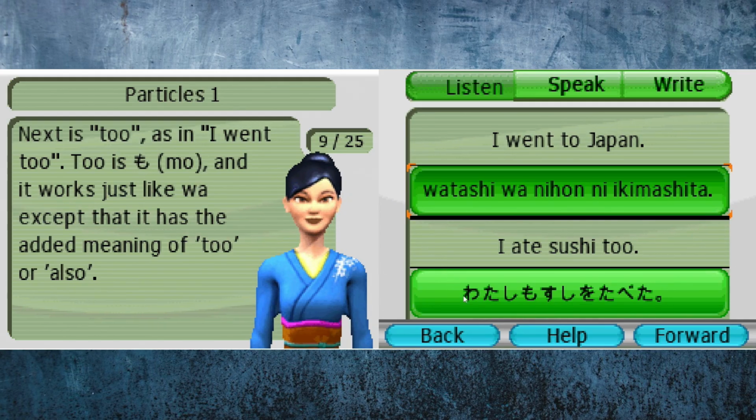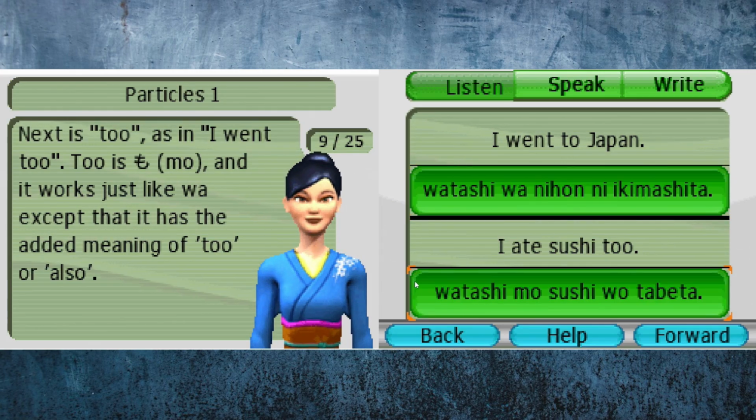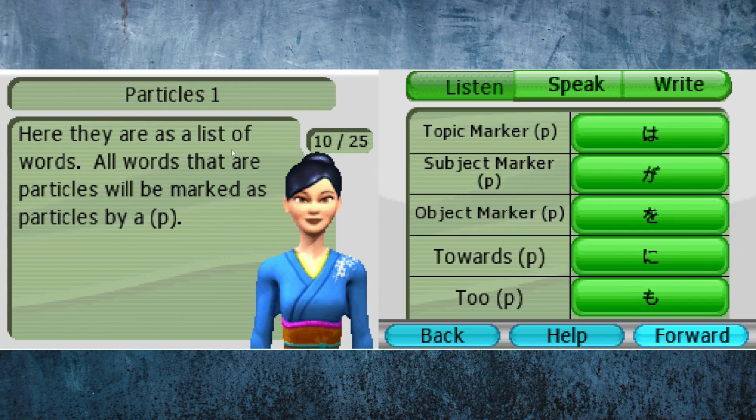And then I ate sushi too, so this is using the particle mo, because too means mo, or as well. So watashi mo sushi o tabeta. And this sentence can also be read as I also ate sushi, because watashi mo means I also as well. So watashi mo sushi o tabeta. 私も寿司を食べた。